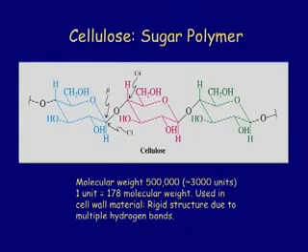So this goes up to about 3,000 units, molecular weight of the order of 500,000. You can imagine a long chain. And this is one way to store very efficiently, of course, a lot of energy. And then enzymes can start hydrolyzing here and liberating the individual glucose molecules, and then they are reactive and they get metabolized and do whatever they need to do.